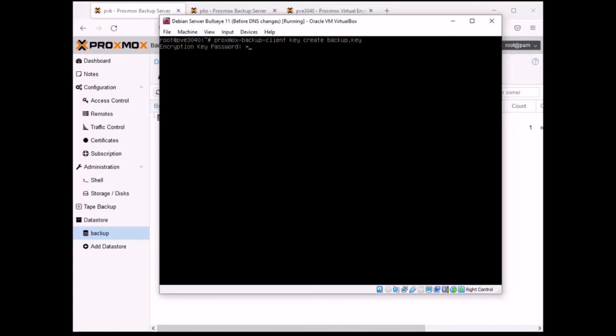Now you can specify the encryption key backup password, and as you can see we have the backup key here. Next, if you would like to encrypt your backup, you need to do proxmox-backup-client backup root.pxar